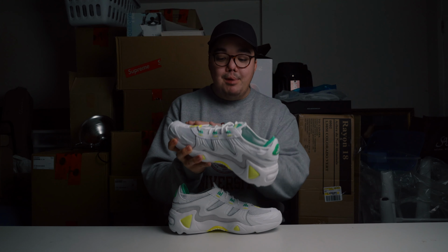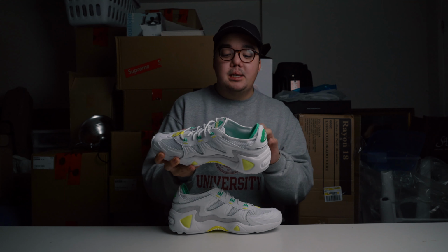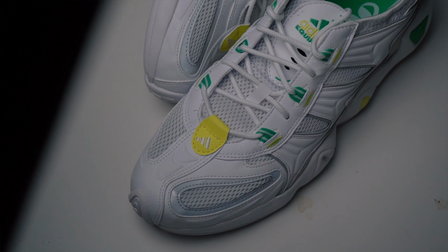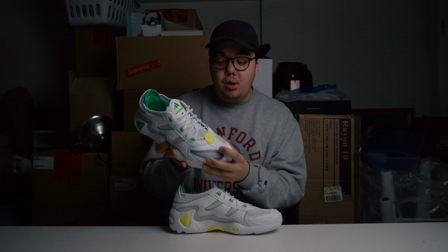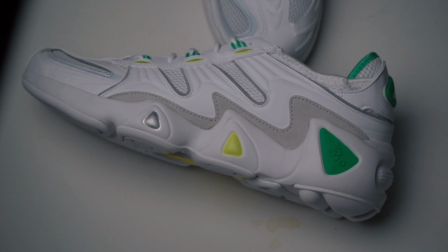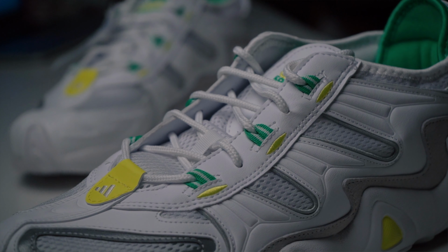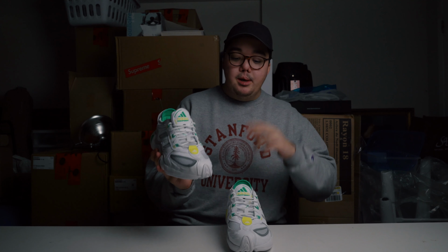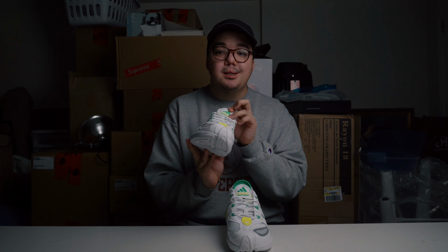Just like most other dad sneakers out there, these do feature a layering design to them with mostly a mesh and vinyl or leather and then a rubber upper with a little bit of gray suede exposed on the side panel. The front toe box of the shoe features this neon yellow lace loop with a white embroidered Adidas 3-stripe logo on it. The medial side of both shoes features this neon green or very rich green cartoon character for the FYW sneaker. And then the rest of the lacing loops are done in this neon green finish with a neon yellow detailing. And then finally, for the upper, both sides of the shoes feature this embroidered Adidas equipment logo